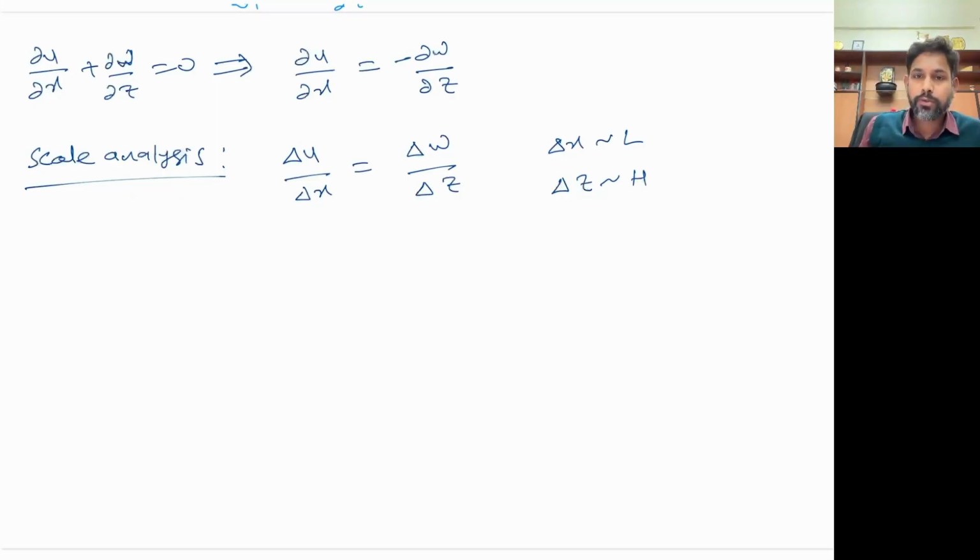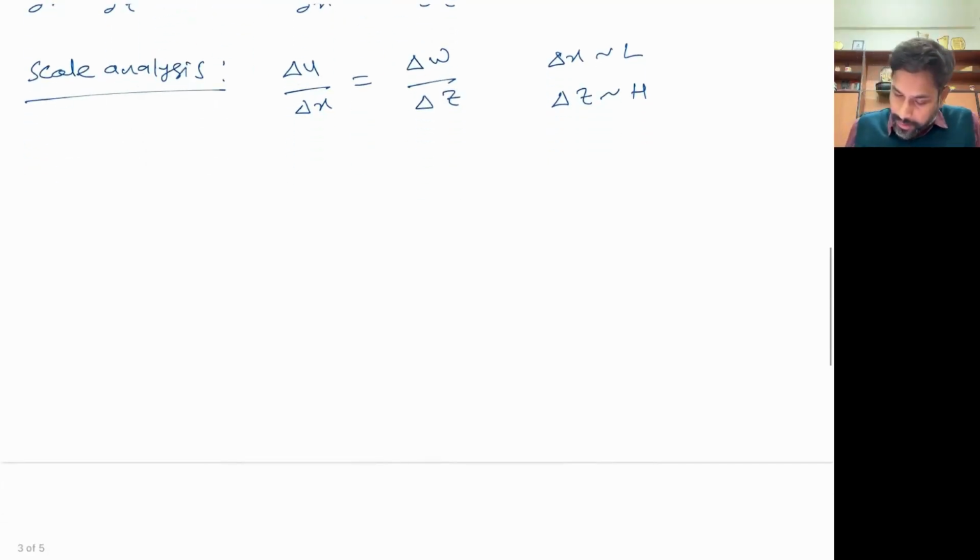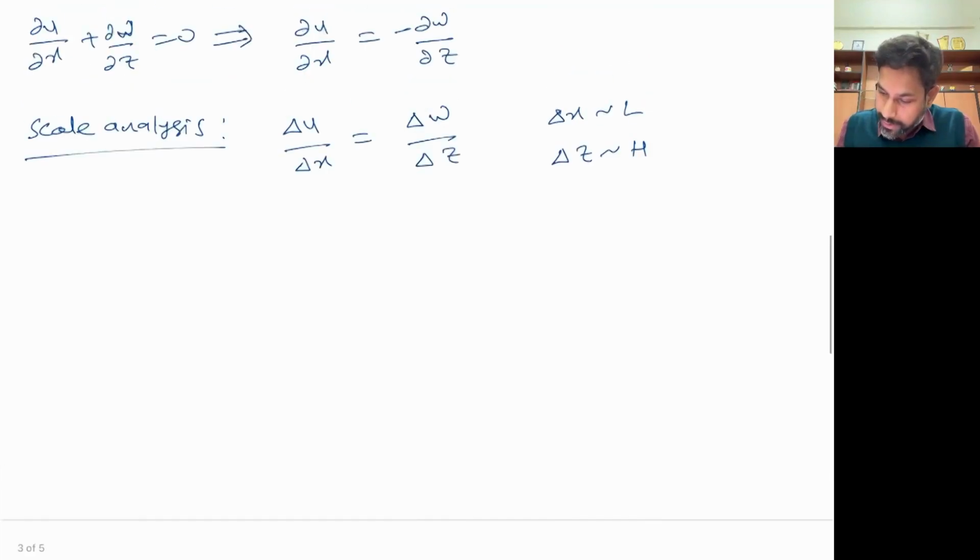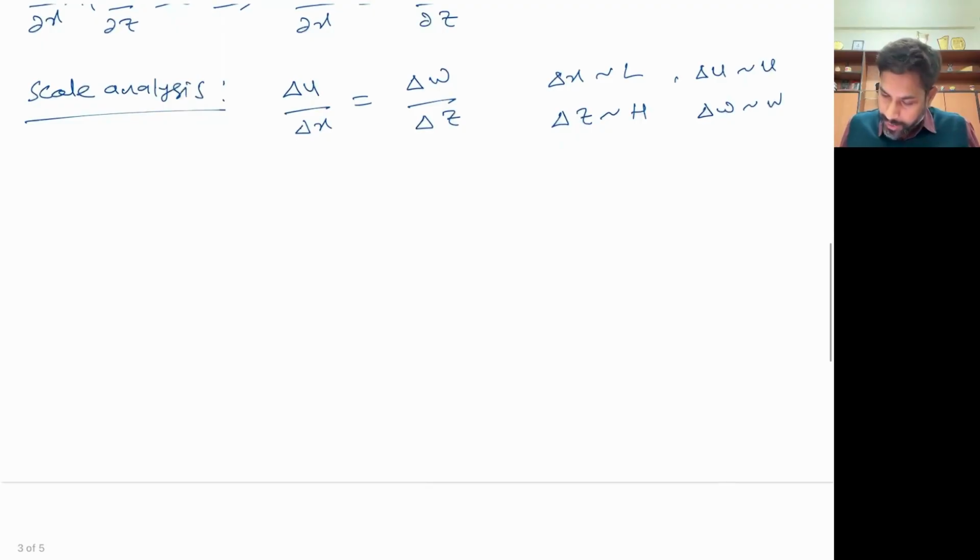So delta z can be assumed to be equal to h, and delta x can be assumed to be equal to L. And delta u, because we are considering the full length scale, for delta u also we can consider the maximum velocity minus 0, because that is the range, right? And that is why we can assume delta u is simply equal to u, and delta w can be simply equal to w, because it is more like we are subtracting the 0 velocity from the given velocity. And that is why now this equation actually reads like